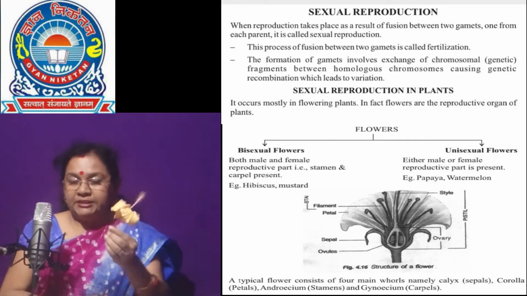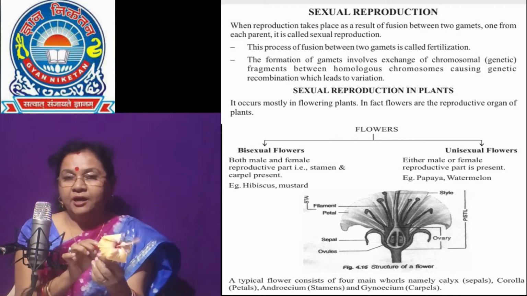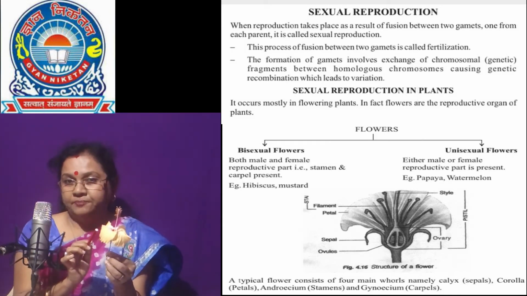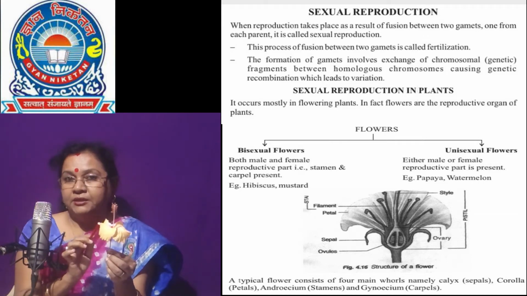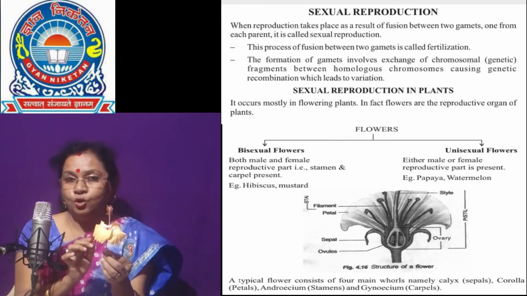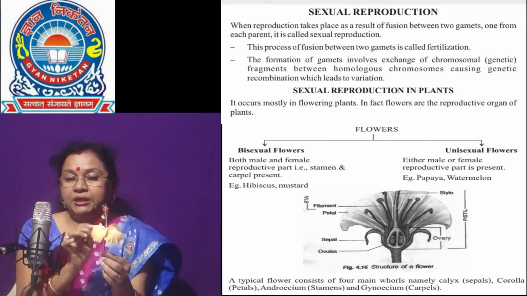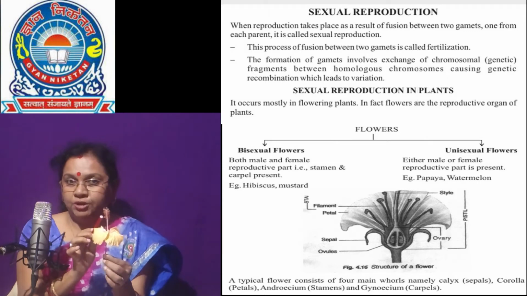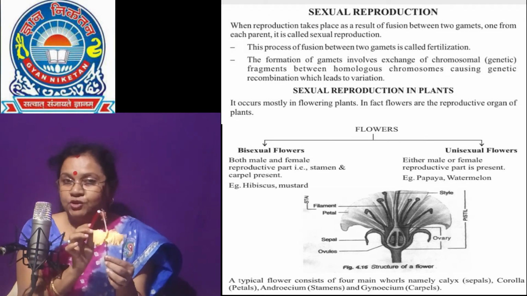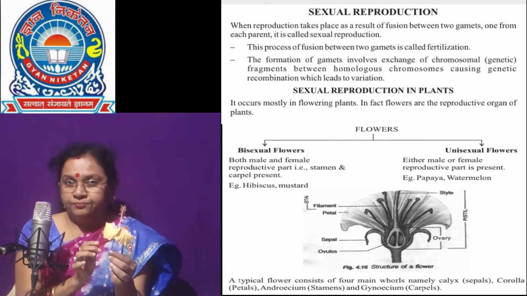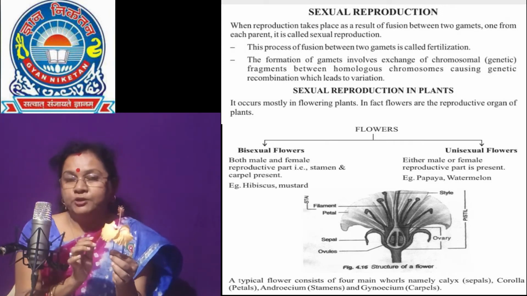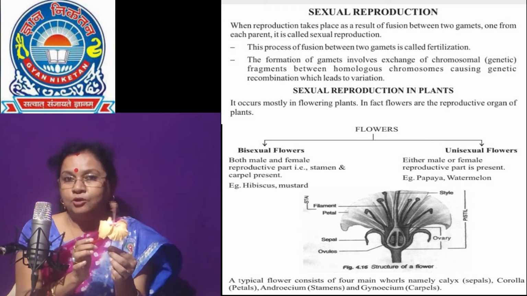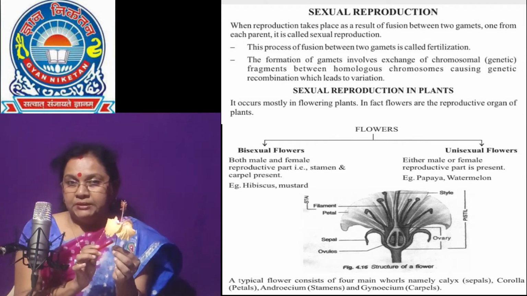So we can say that the calyx is a group of sepals. A group of petals is called the corolla. A group of stamens is called the androecium, and the pistil or carpel has stigma, style and ovary. And all these parts of the flower are placed on the thalamus of the flower. Isn't it?